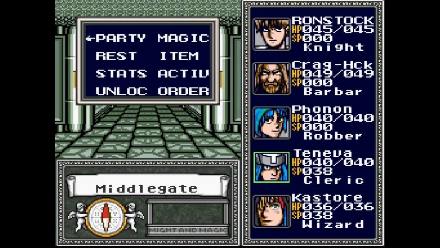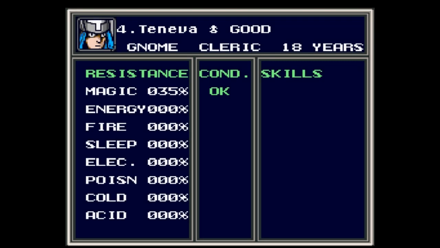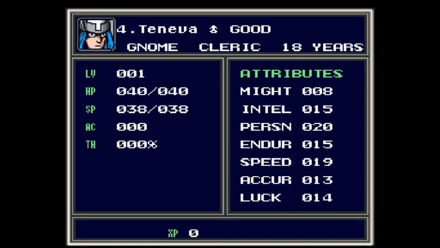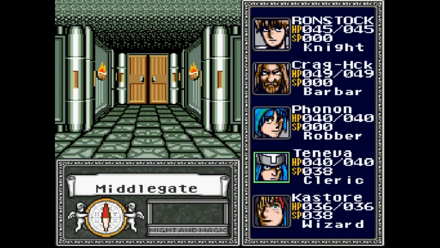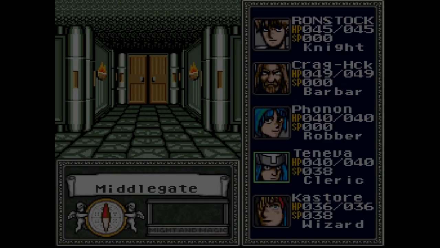You can, of course, rest. You have your stats for your different characters. So let's go over our guys here. Trying to see if there's a way to change. I also did find the auto map, by the way. If you hit Y, it brings up your auto map, which is a very cool auto map, as you can see. It starts to...